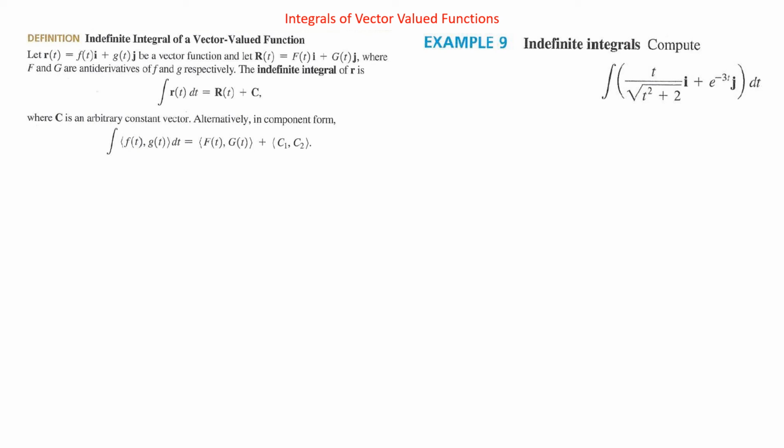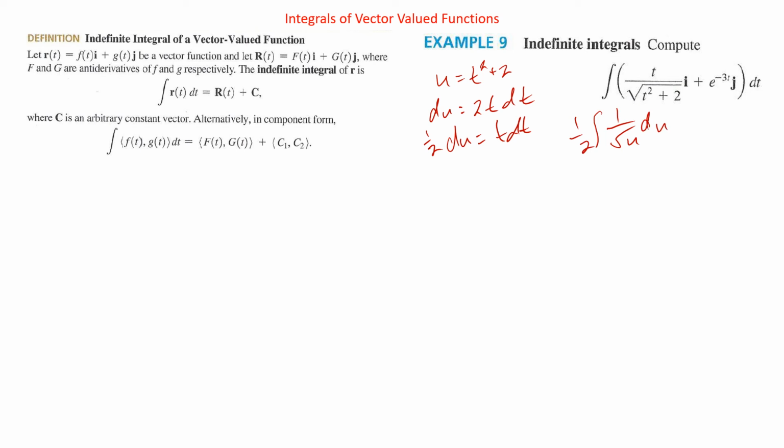So let's look at an antiderivative here. We're going to take the antiderivative of each of these separately. So the first one, we get t over the square root of t squared plus 2. This is going to be a u substitution type problem. We'll have u equal t squared plus 2. So du equals 2t dt, which means 1/2 du equals t dt. And so that turns this into the antiderivative of 1 over the square root of u, 1/2 du,